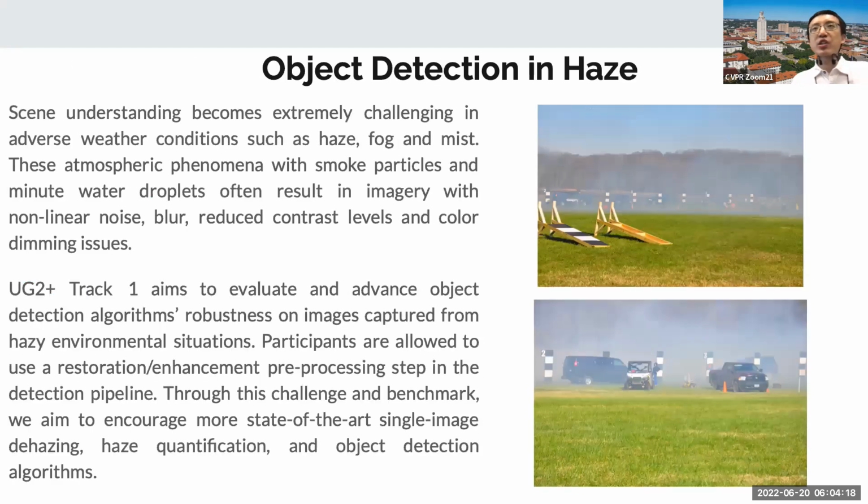The first challenge in our workshop this year is about object detection in haze. Although we have seen many haze data sets for either detection or segmentation in the past few years, our data set this year is the first in which the fog is real in the pictures, the magnitude of the fog is controlled, and it is paired. All the objects in the data set are paired.